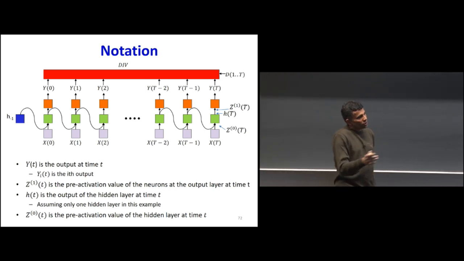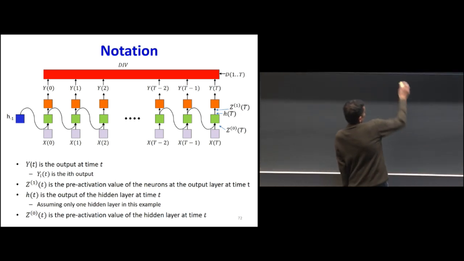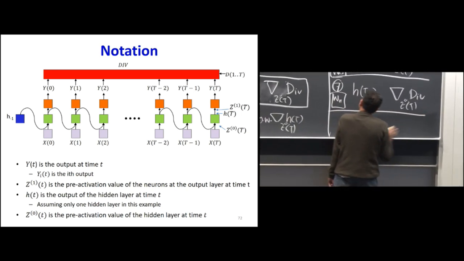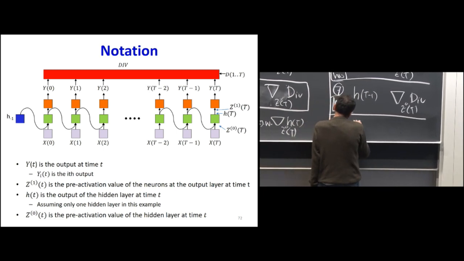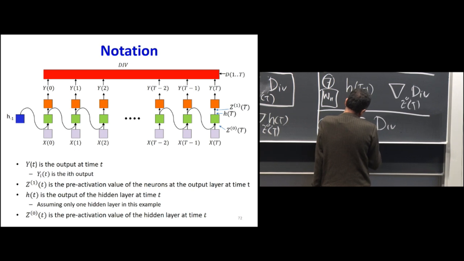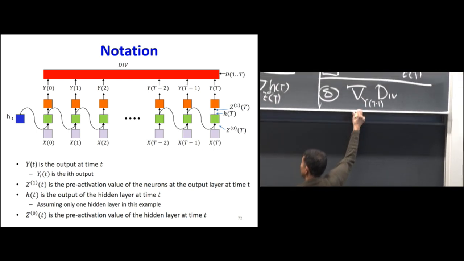So I'm going to assume that I've already got the derivative of the divergence with respect to y of t minus 1. This is given to me, okay? Because that's how we have defined our